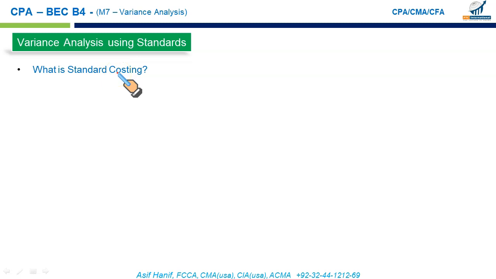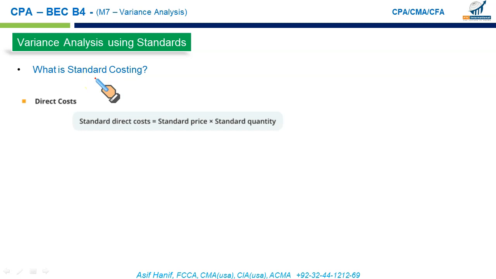And the standard costing system is the system through which we develop these costs, and then we compare our actual performances with the budgets drawn up based upon the standard costing. So for example, our standard direct cost for material or labor is calculated using this formula. Let's say as per the standard, our labor is paid $15 per labor hour, and each unit of finished goods takes 2 hours of labor, which means our standard direct cost for labor is 15.